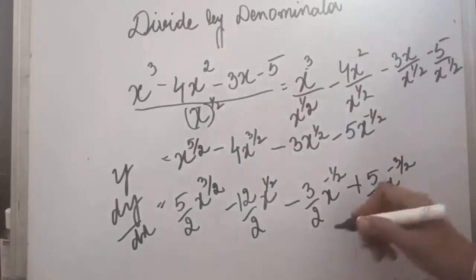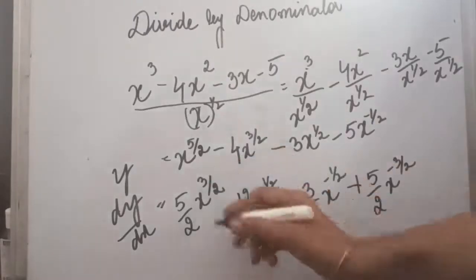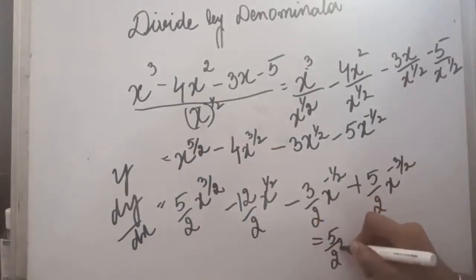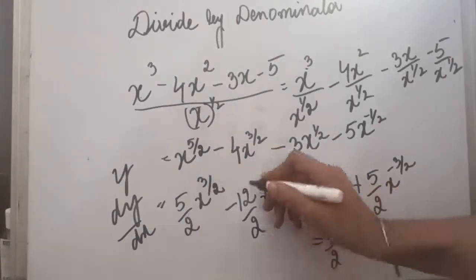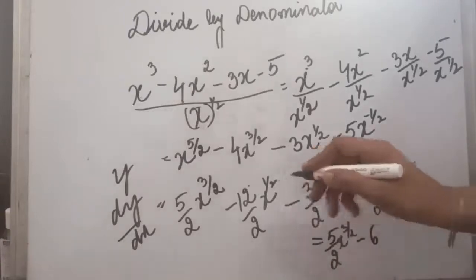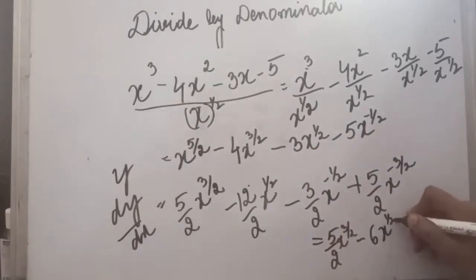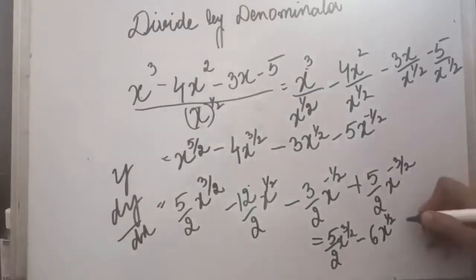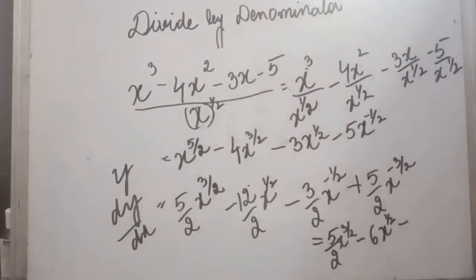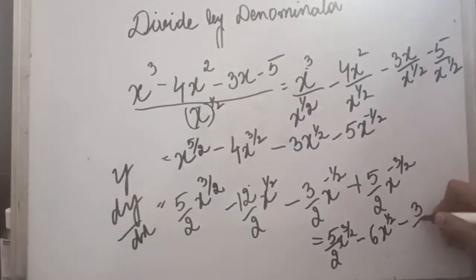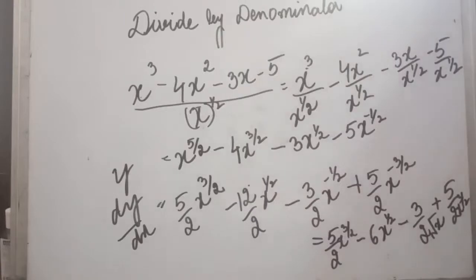So we can write the final answer over here. First is 5 upon 2 x power 3 by 2, it will be same. We can divide this, minus 6, we can write under root x also, or we can write x power half also, minus 3 by 2. So this x is negative, so it will go below x power half. So we can write it to be under root x, or we can write x power half, plus 5 by 2. Below it will go because it is having power in the negative, 2x having power 3 by 2.